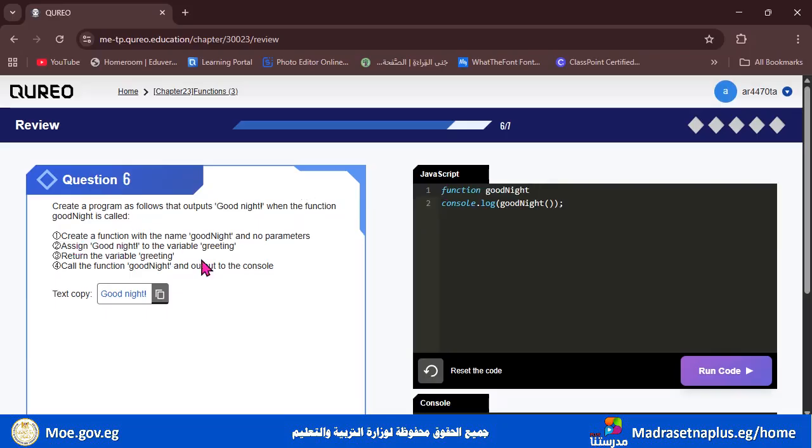Assign good morning to the variable greeting. We have no parameters, so we need to put the two parentheses without any parameters. After that, we open the curly brackets and assign the value to the variable greeting. So we copy greeting, and we write let greeting equal